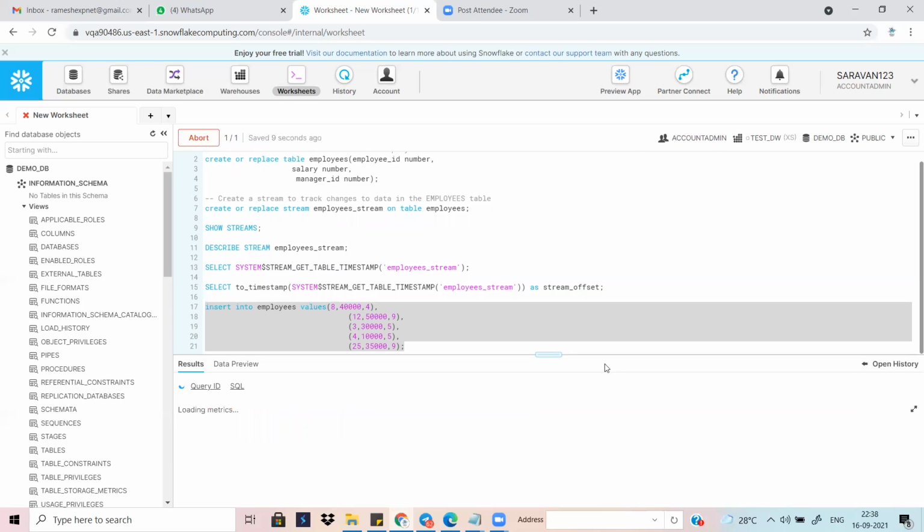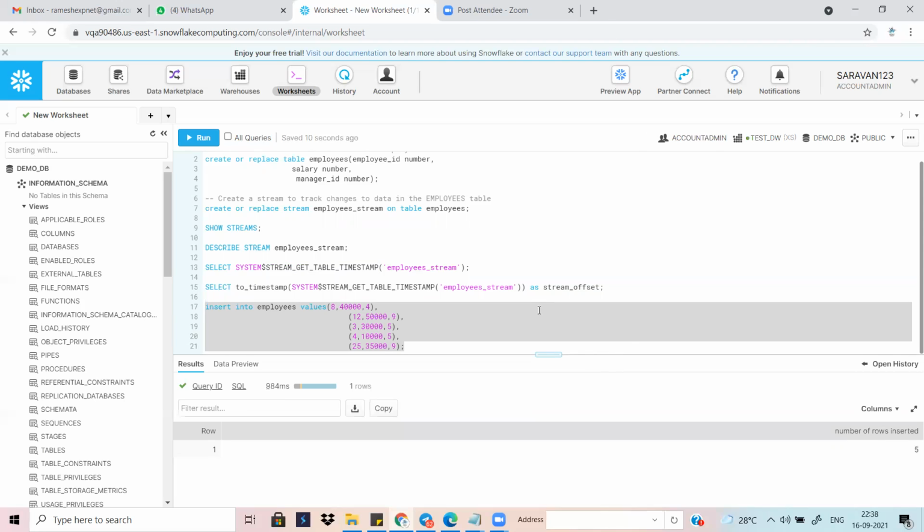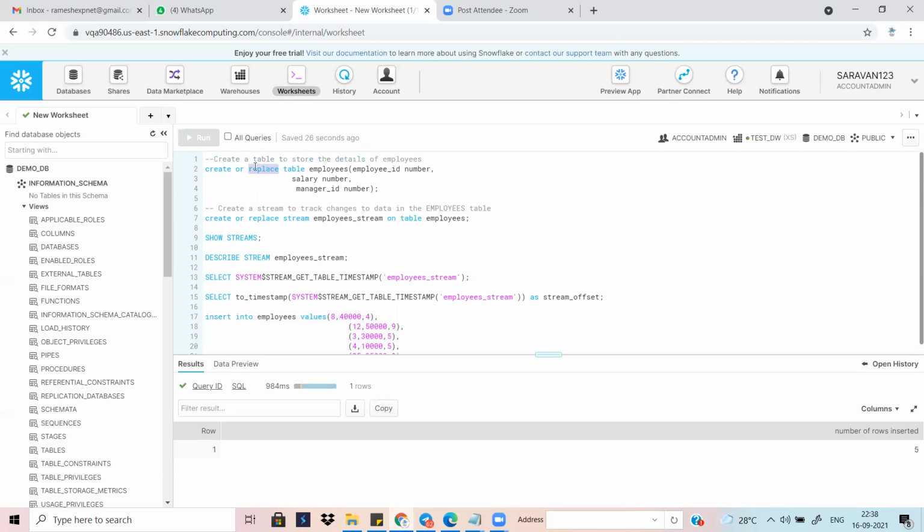Sir, one more thing. Every time we run the query for a create table, is it necessary to write both create or replace? Yeah, replace is not always the best approach, because if the employee table is already present and has data, then replacing it will delete the data, right?